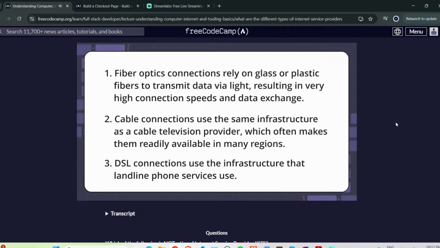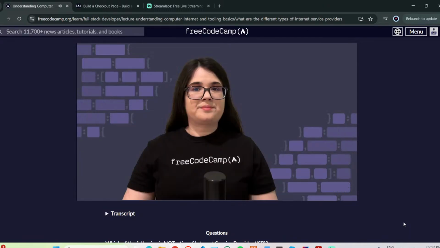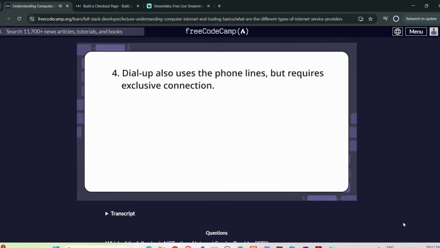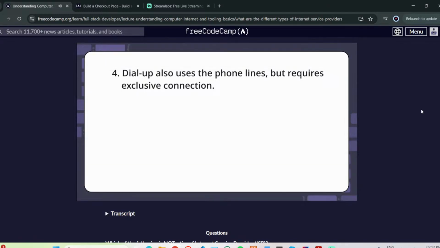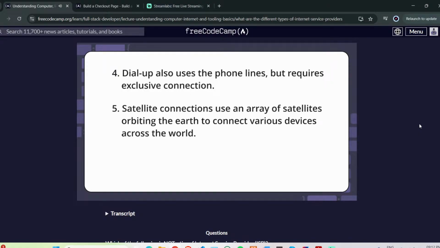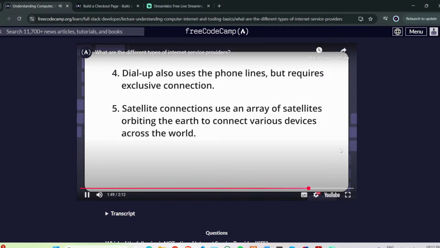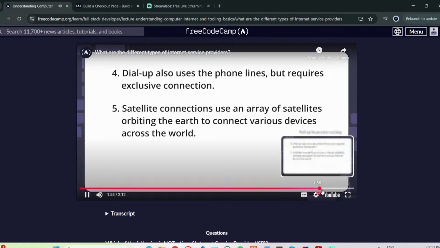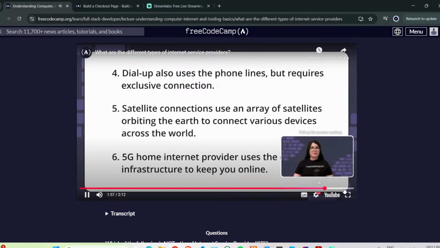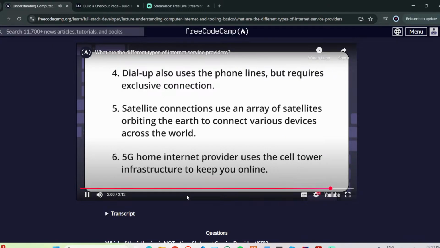Because of the prevalence of this infrastructure, DSL is available in areas where cable may not be. But this is also frequently a slower option. Dial-up uses the phone lines but requires exclusive connection, disabling the use of the line for phone purposes when connected to the internet. This is a much older technology that has fallen into disuse. Satellite connections use an array of satellites orbiting the Earth to connect various devices across the world. And finally, similar to that, a 5G home internet provider uses the cell tower infrastructure to keep